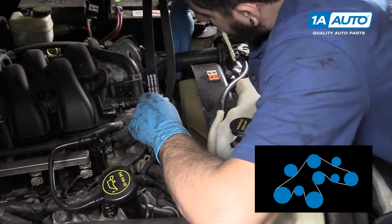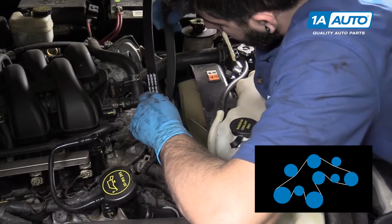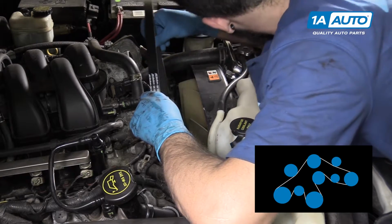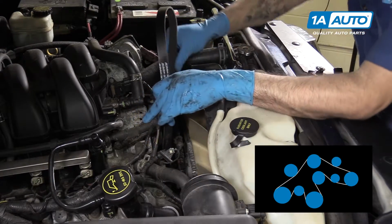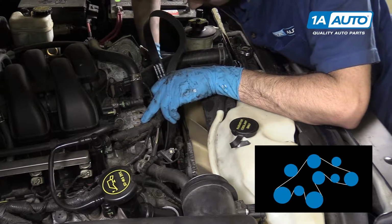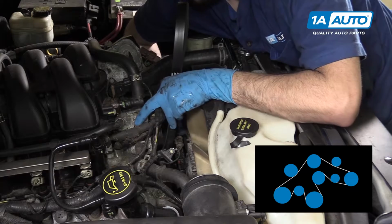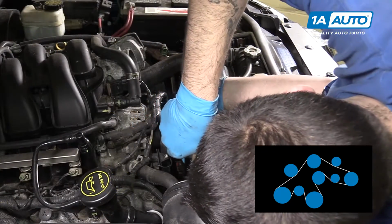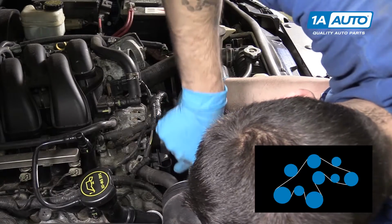With the right side of the belt, you're going to go up and over the water pump pulley all the way to the bottom of the motor. On the driver's side, you'll go under the grooved idler pulley as well as under the power steering pump pulley. Install your 1/2-inch drive